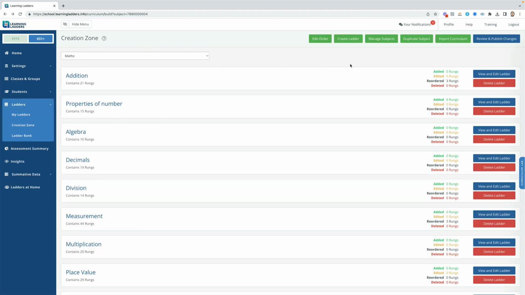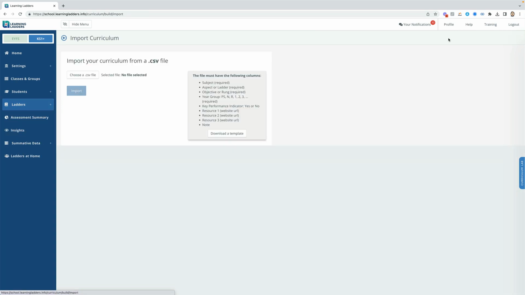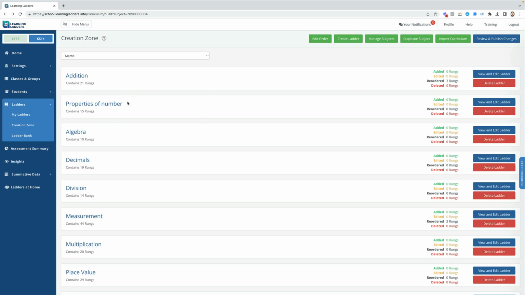But it's just as simple if you wanted to add in your own subjects as well, and if you wanted to import your own curriculum. So you can import your own curriculum here. You just choose the file. So we have a template file that you can download here. And literally it's a spreadsheet where you would just flood fill the year groups, the subjects, the objectives that the children are intended to achieve, any resources that you want to add in, any teaching notes that you want to add in. Put it all into the spreadsheet, or just edit the headings on a spreadsheet if you've already got one. Upload it up into the system, and then it will automatically create your curriculum in this format within Learning